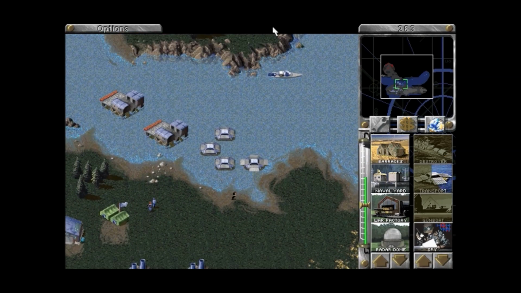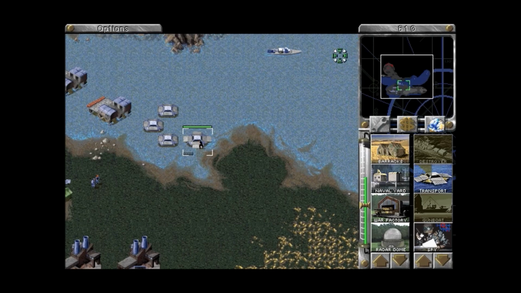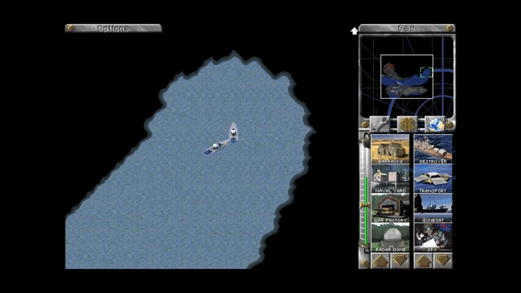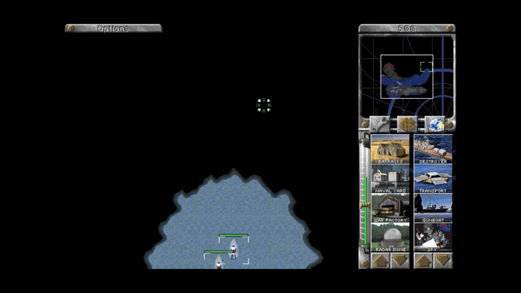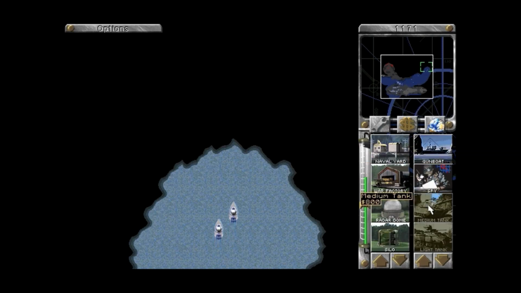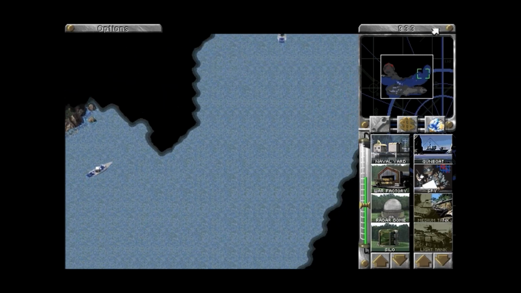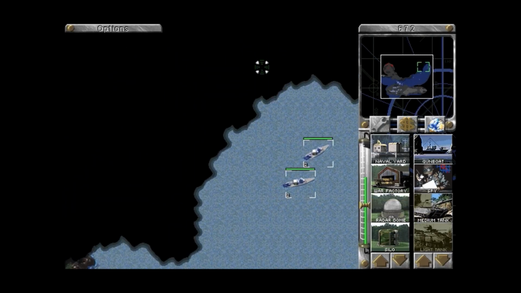Get another transport there. Insufficient funds. Yes, I know, we have insufficient funds. No need to remind me. Unit ready. Let's get him on board. Building. Okay, tanks are down here. I forgot, because I messed up the usual build order. I'm always used to having the tanks come before the ships, but...